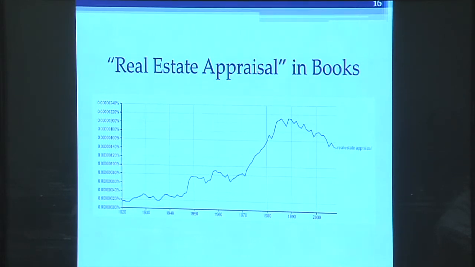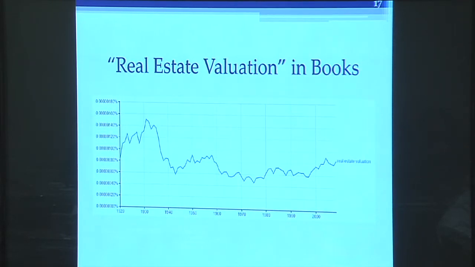When you look at this more closely in the handout, you can see that there's a number off to the side, which is an indication of the number of appearances. So the reason that broker price opinion and the others look kind of flat is that their appearance is lower relative to these others. But when we look at them independently, we can see that the incidence of broker price